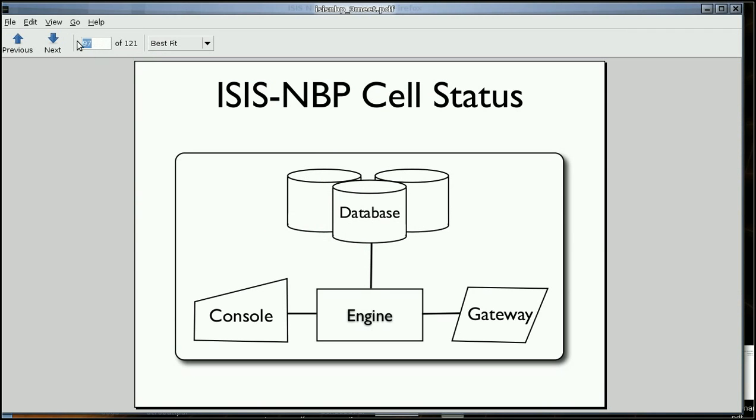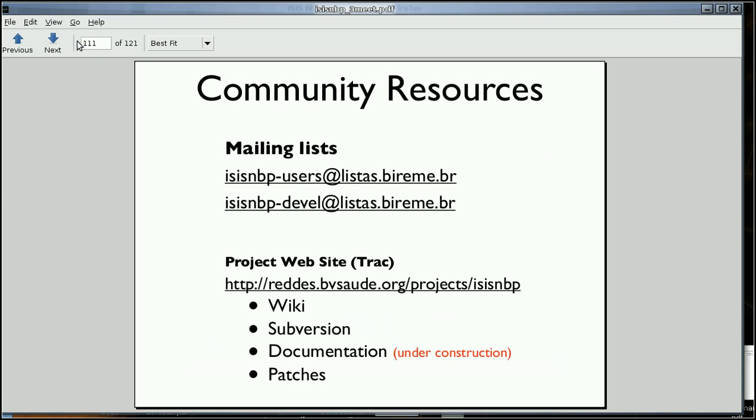If you want to have further information about ISIS-NBP, please refer to ISIS-NBP portal sponsored by Bireme. There's a wiki. You can access ISIS-NBP codes, downloading it by Subversion access. There's some documentation there. And if you want to interact with other ISIS-NBP users or developers, please do use the